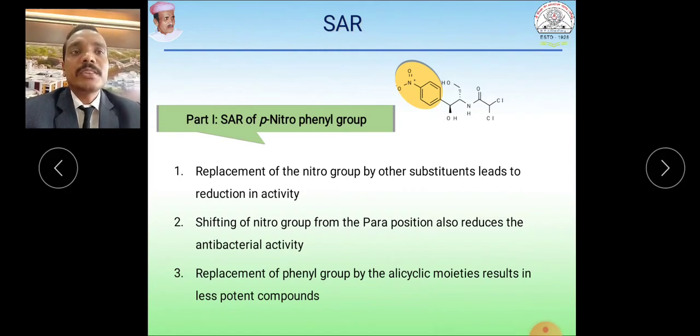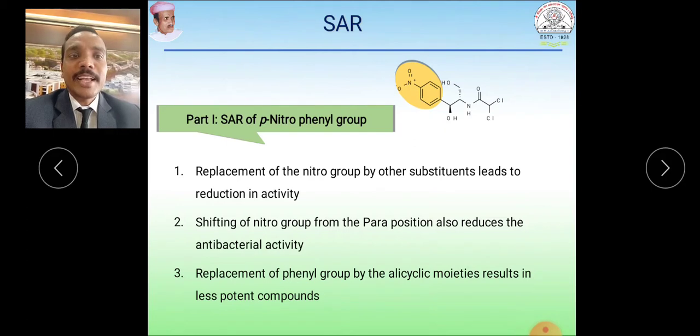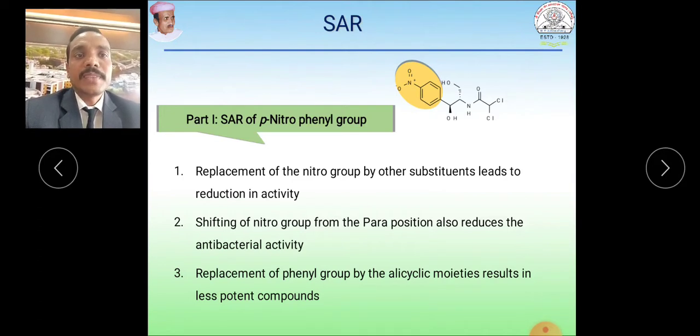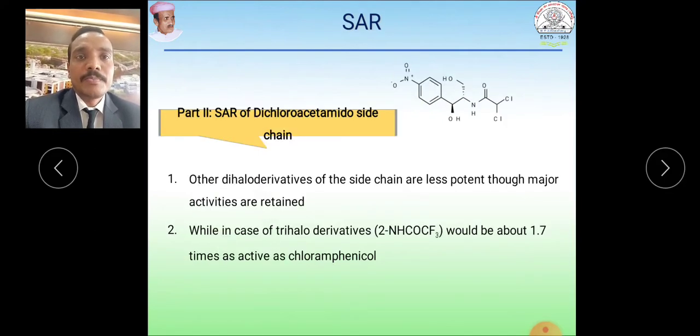Can we replace this phenyl group? The replacement of the phenyl group by alicyclic moieties results in a less potent compound. So the nitro group is essential, and the phenyl group is essential as well. Coming to the second part, the SAR of the